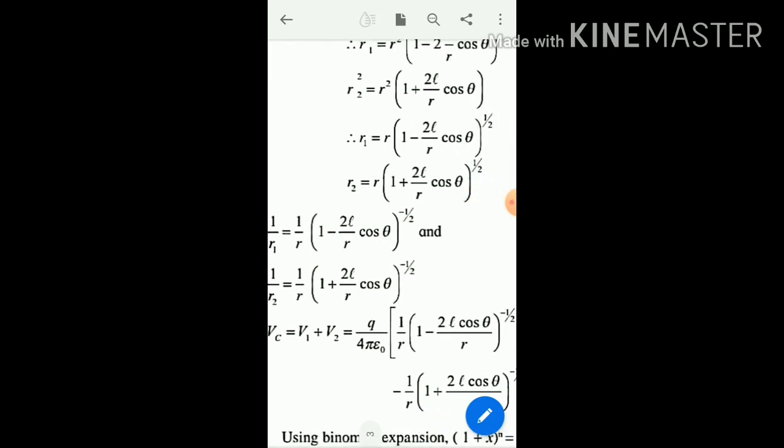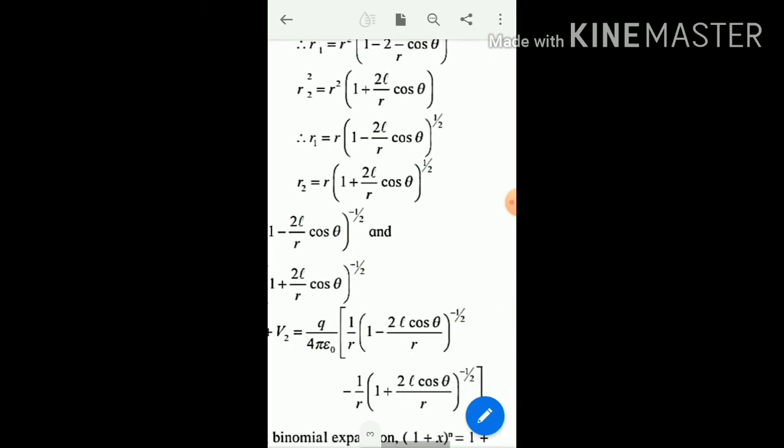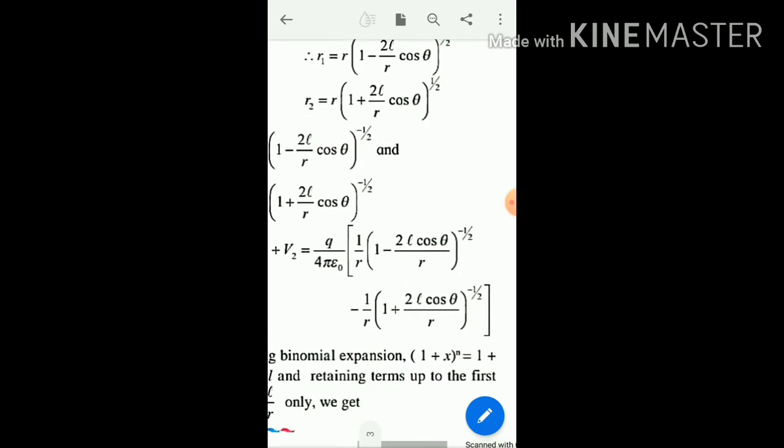Therefore, Vc equal to V1 plus V2 equal to Q upon 4 pi epsilon 0 into square bracket 1 upon R into small bracket 1 minus 2L cos theta upon R raised to half, minus 1 upon R into bracket 1 plus 2L cos theta upon R raised to half. So in this way, we can